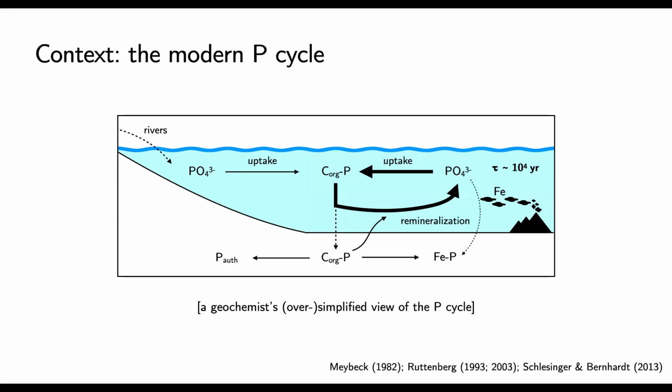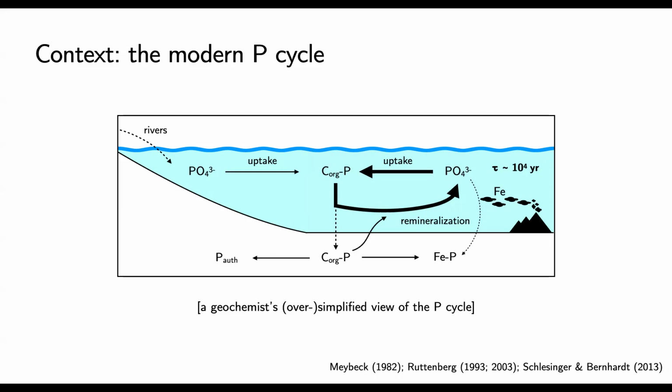And so here's my oversimplified view of how the phosphorus cycle works, and I'll just walk through the salient bits for our purposes, starting with the delivery of phosphorus to the ocean, which here you're seeing on the top left is coming in from rivers draining the continents, bringing some amount of soluble phosphorus. Much of it is not, in fact, soluble or bioavailable. But that which is dissolved is quickly taken up in the surface ocean by phytoplankton, by primary producers, because of the nutrient-limited nature of primary production. And so that inorganic phosphate shown on the left becomes organic-bound phosphorus.